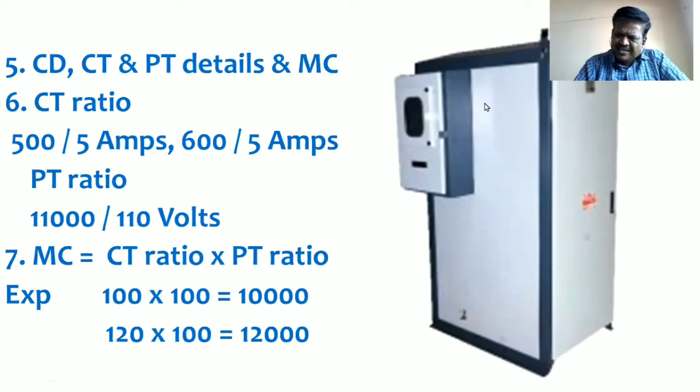You have to observe and understand the meaning of each and every component, each and every term. This is CD. CD stands for customer demand or contract demand. It will be written clearly here. The CD, customer demand, what is that? Customer demand or contract demand means the customer or person who is running that company has demanded and requested the power, and he got it sanctioned. That is the meaning of the contract demand. He has demanded, he got it sanctioned.